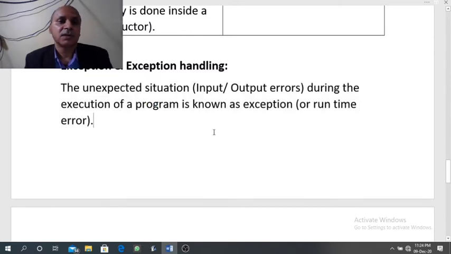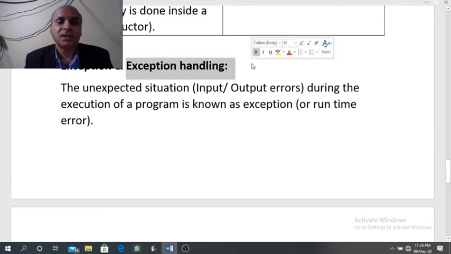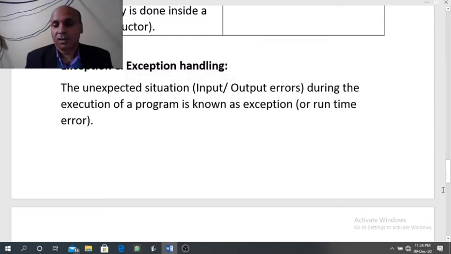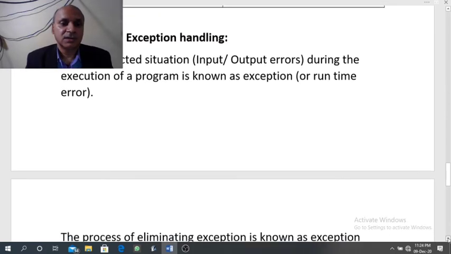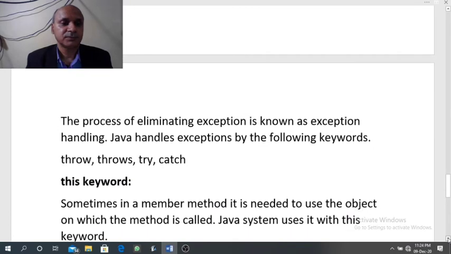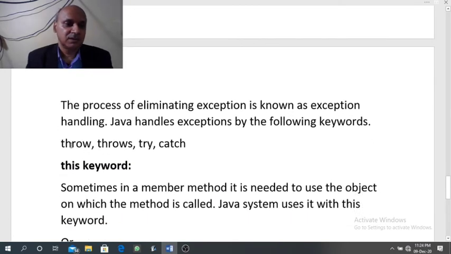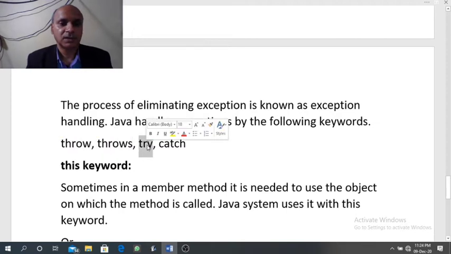Now, how is exception handled in Java? Exception is handled in Java using the following keywords, which are throw, throws, try, catch.